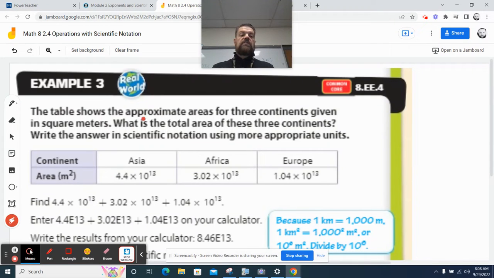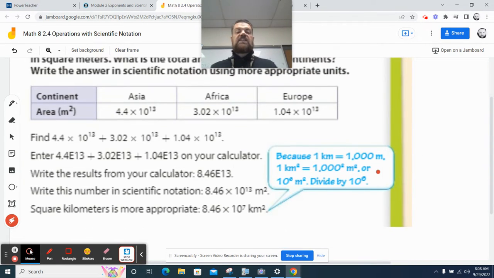All right, so for example number 3, it says the table shows the approximate areas for 3 continents given in square meters. What is the total area of these 3 continents? Write the answer in scientific notation using more appropriate units. And so we just have to add these up. So it says find 4.4 times 10 to the 13 plus 3.02 times 10 to the 13 plus 1.04 times